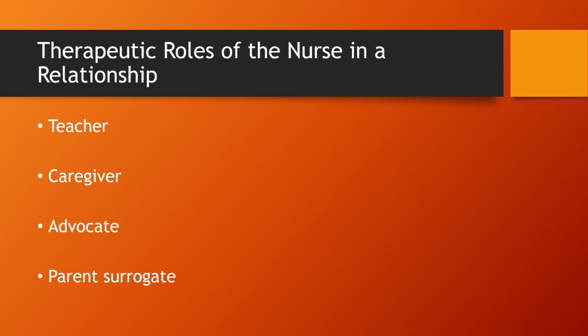And last but not least, nurses are sometimes seen as parent surrogates. And as a parent surrogate, the nurse recognizes that the dependent patient could possibly see them as an authoritative figure, but the nurse is deemed with the responsibility to set boundaries and not become authoritative. An example of this: the nurse may be feeding the client and encouraging them to eat because the nutrition is needed to help make them well or heal their wound,